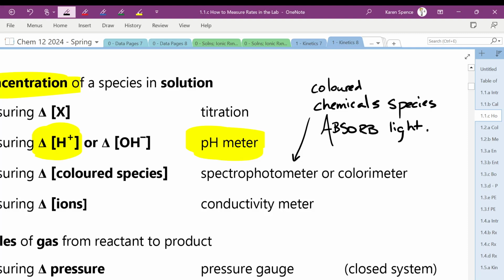I'm going to go grab a colorful chemical species. Look at it. Yes, that's exactly what. We just. Now,